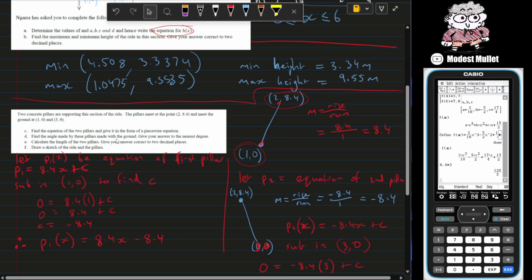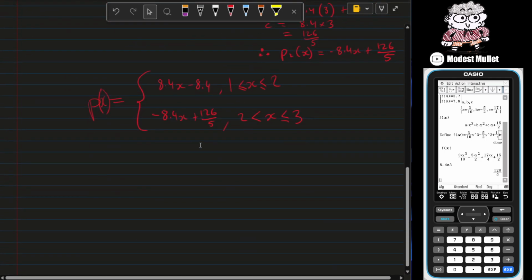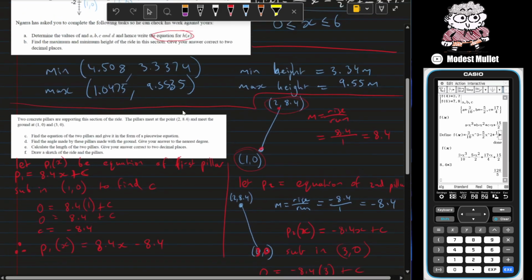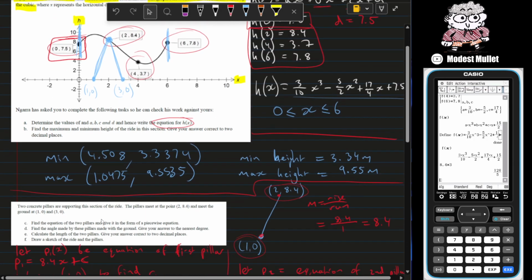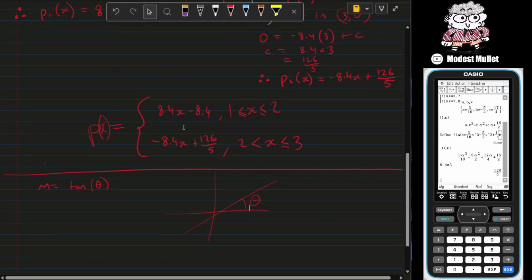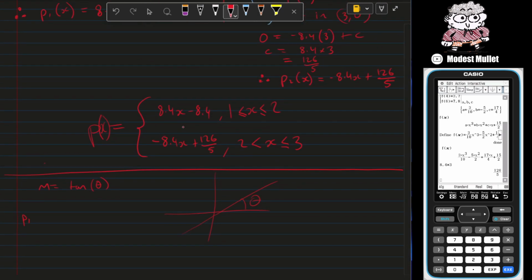Calculate the angle made by these pillars with the ground. Give your answer to the nearest degree. Well, this pulls into remembering that the gradient is equal to tan theta, where theta will be the angle that it makes. And that's what we're actually wanting to find, the angle with the ground to our nearest degree. Okay, so in our first one, we have P1, we have m equals 8.4, let that equal tan